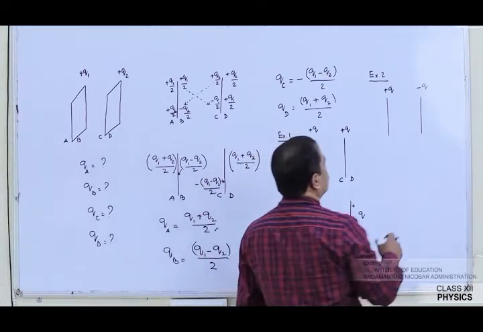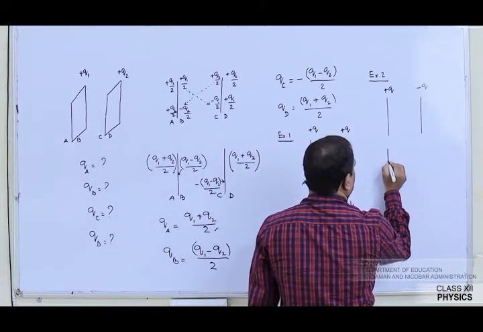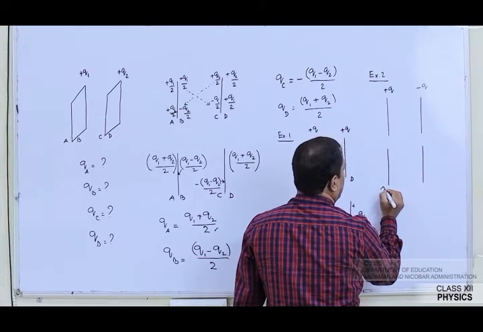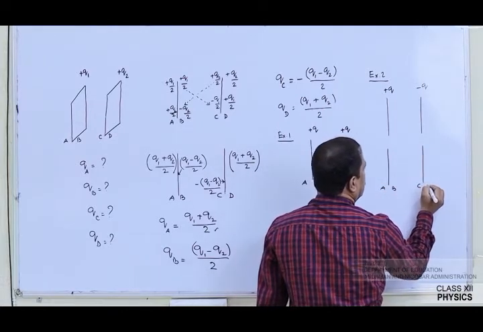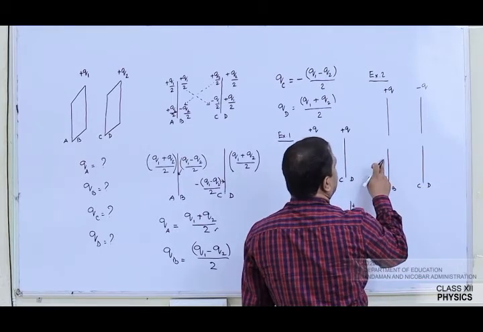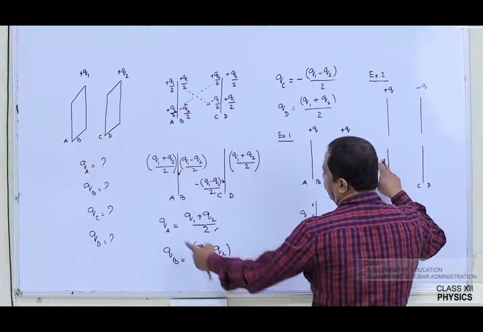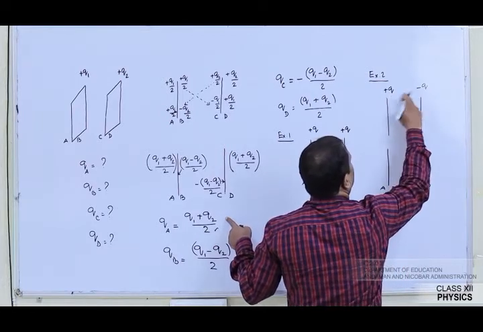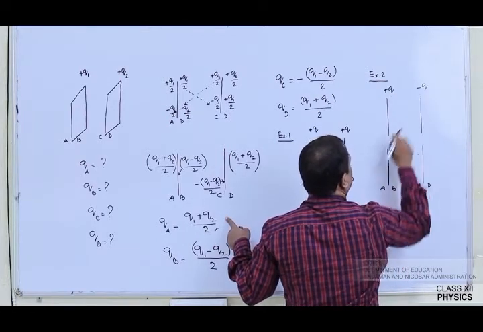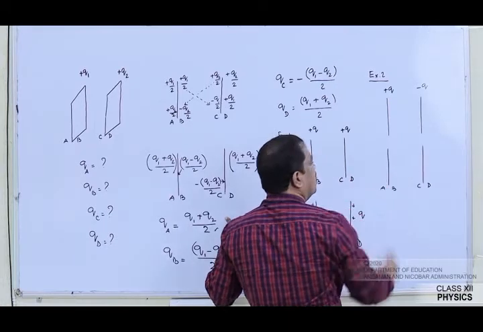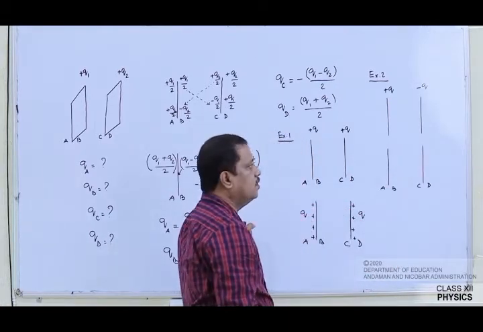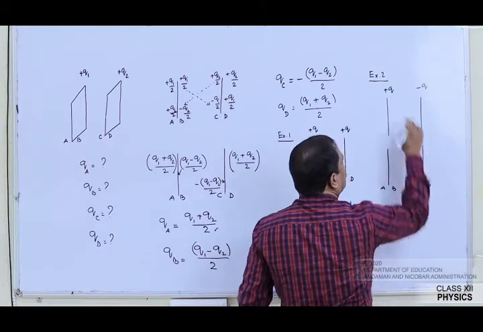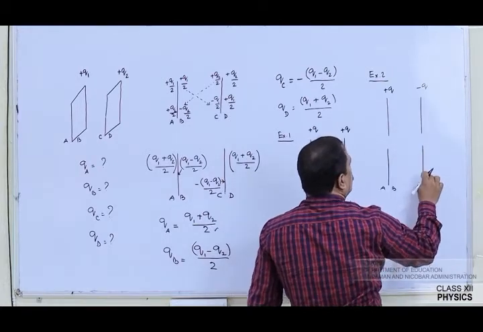In that case, this will be A, B, C and D. So on the left face, it is half of the sum of the two charges. The sum of the two charges is additive in nature. So when I find the sum, the charge on the left face is 0. Similarly, on the face D, the sum of the two charges is 0.